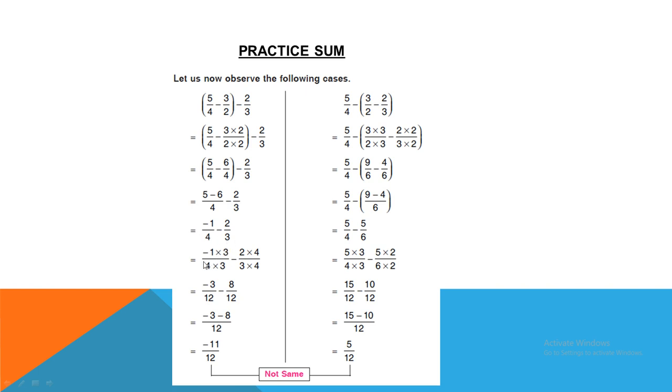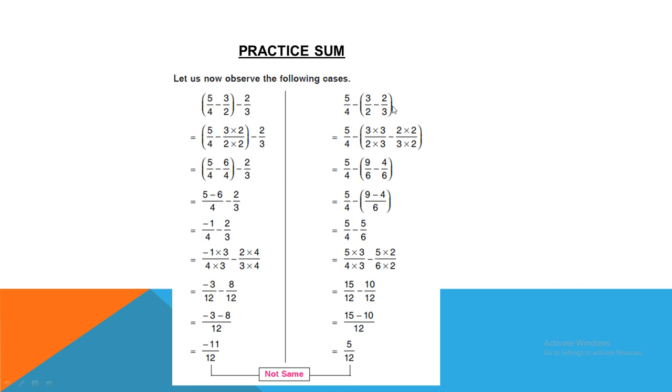Again 4 and 3, the denominators are different. LCM will be 12. So multiply 4 with 3, numerator also with 3. Here to change this 3 into 12, multiply with 4, multiply 2 also with 4. So our numbers change to minus 3 by 12, minus 8 by 12. Now simply add the numerators, minus 3 and minus 8. Both are negative numbers, so negative plus negative is added with a negative sign, and you get minus 11 by 12. So this comes out as our left hand side.